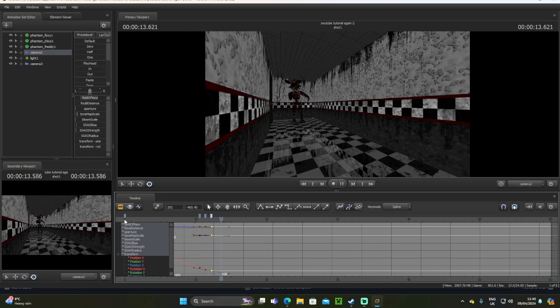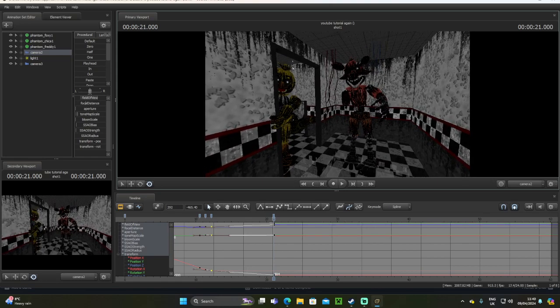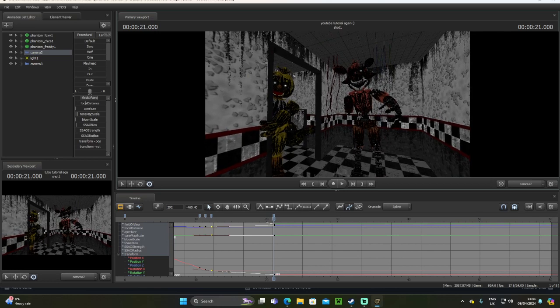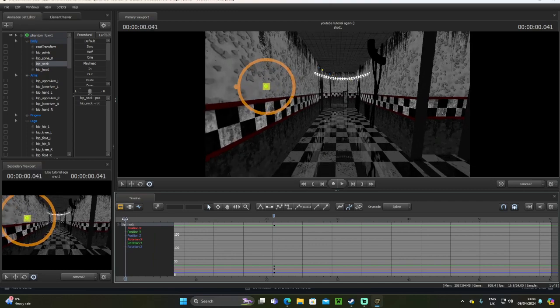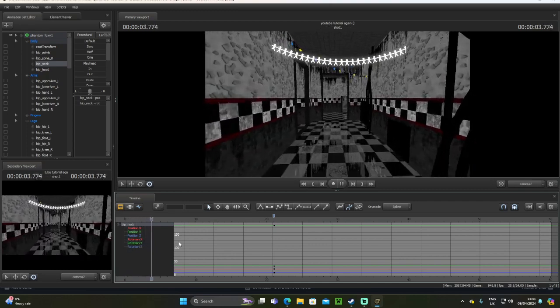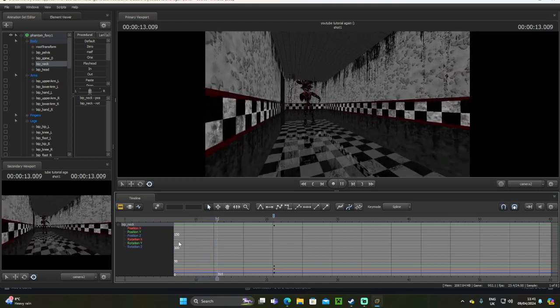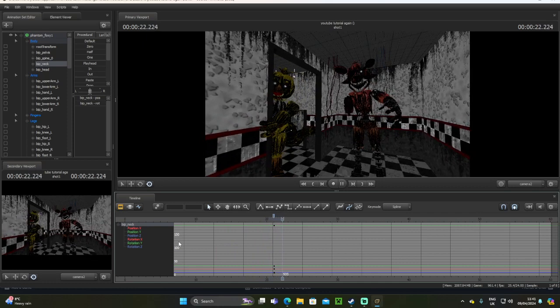I want it to be a little faster on the corner. Have it here. And move the camera to our position which we like. I do like this position. Maybe move it down a bit. Move these over, and then let's test out the animation. So we're walking. We take a little turn around the corner. There we go,